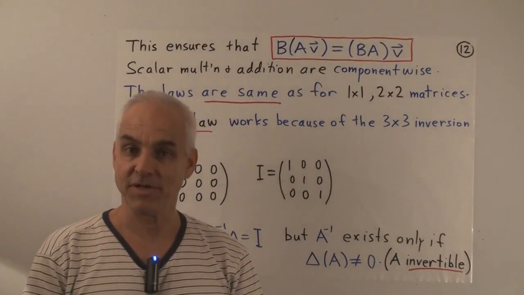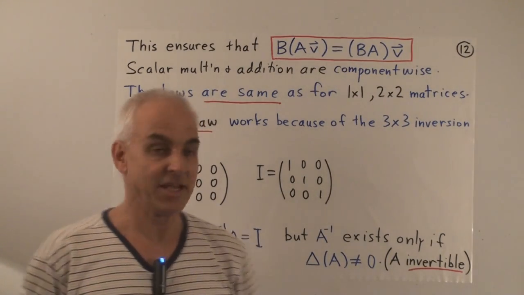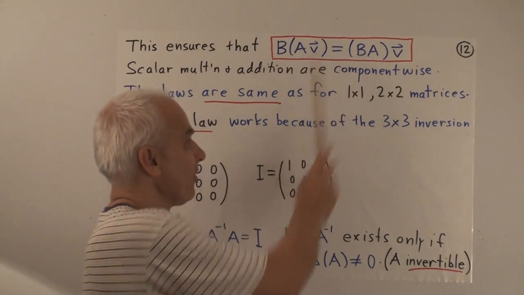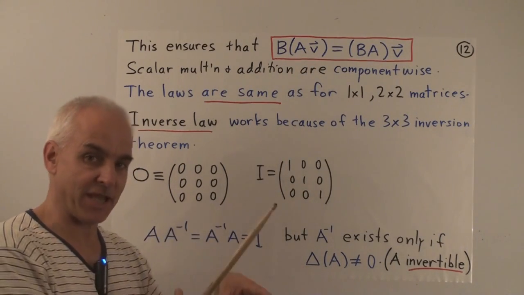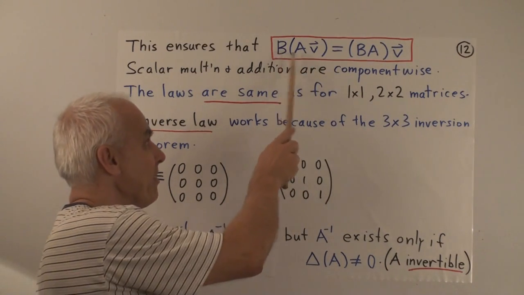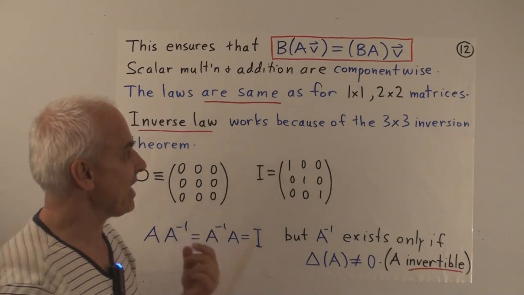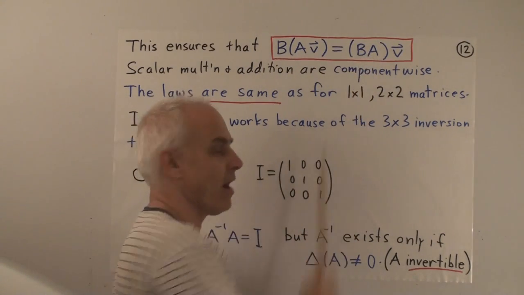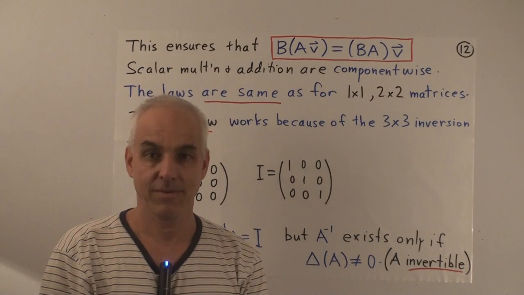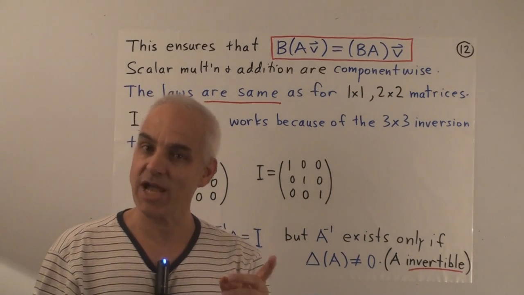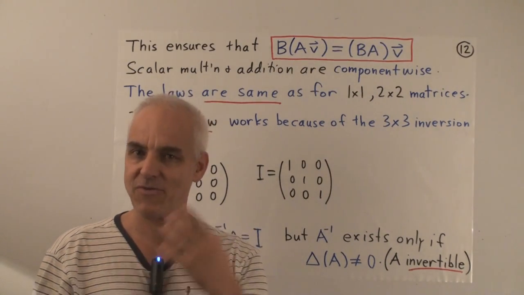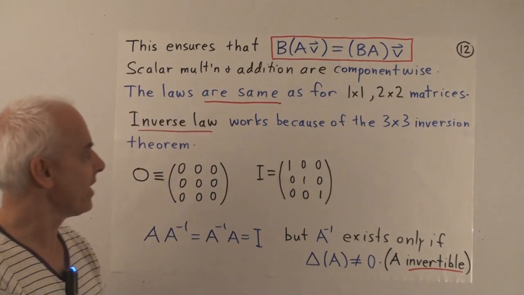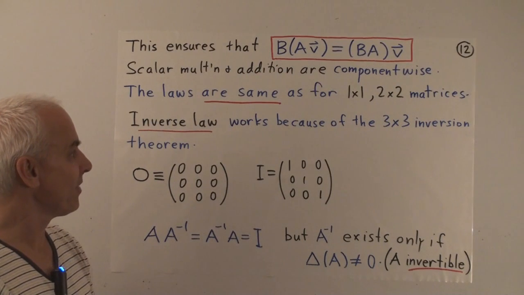Now that particular definition of multiplication of matrices ensures this fundamental rule: if we start with the vector V and we multiply by the matrix A, and then we multiply by the matrix B, that's the same as multiplying by the matrix B times A. It's an excellent exercise for you to check that, to convince yourself that the matrix multiplication we defined really makes that work. It's the same as in the 2 by 2 case.